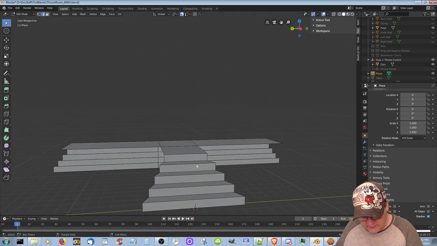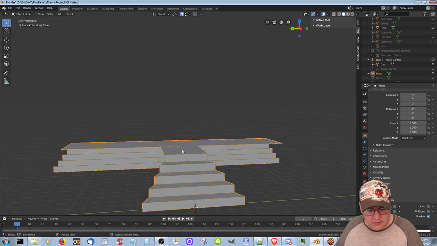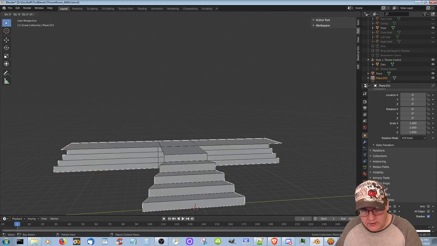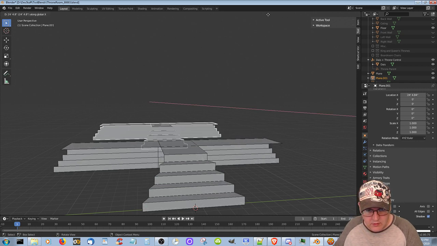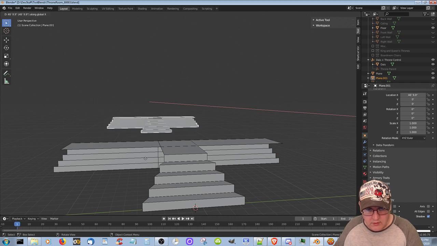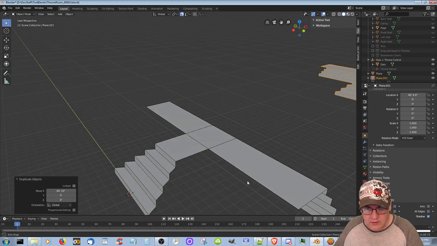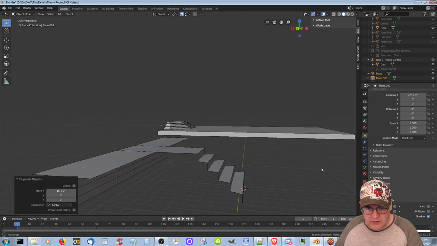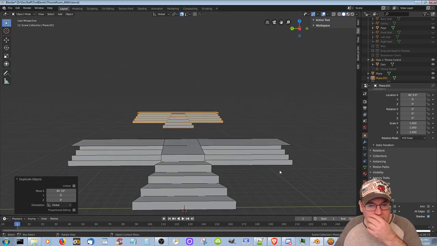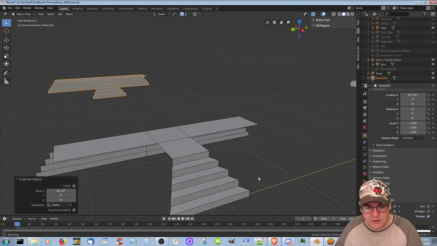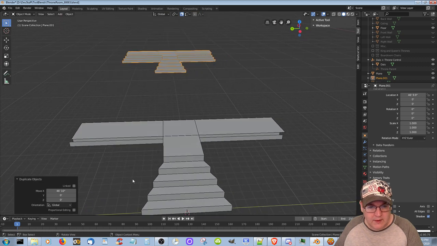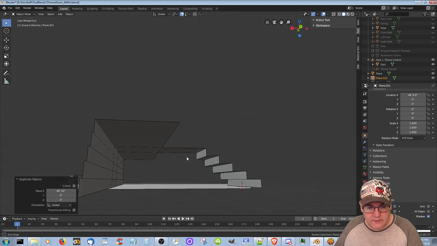Let's do that. Let's go back into object mode. Right. Shift D. Grab X. There we go. We just want it off a ways a little bit, so that can remain that way. That way, if I find out that this is too big, then I'll do the little one, I think. Okay, so